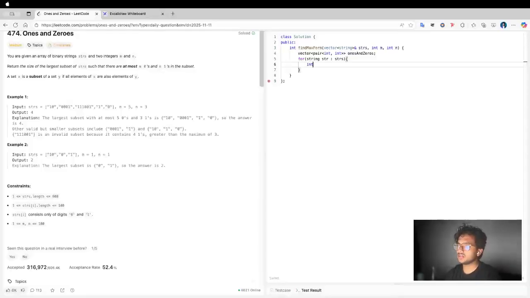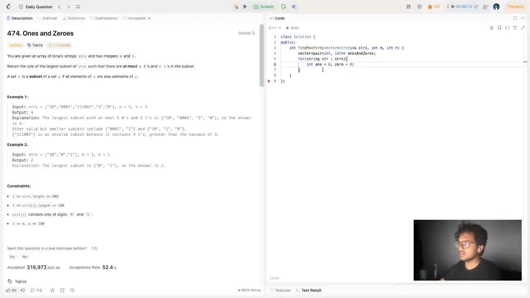I need 1 equal to 0, 0 equal to 0. Okay, so instead of 1, I'll be saying ones and zeros. Now what I need to take from each string, I'll go through each character. So for character ch in a string,